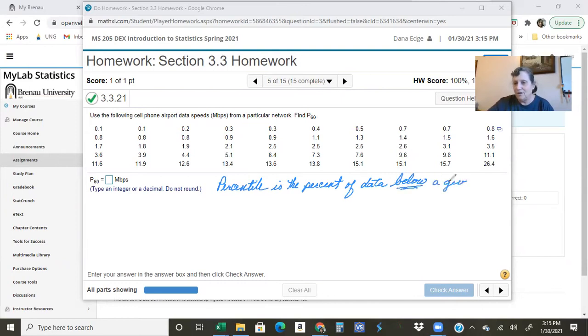It does not include that score. For example, if we wanted to find the percentile for 2.5,